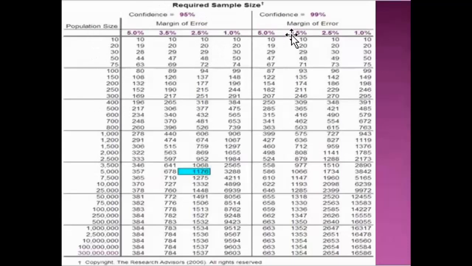Yung columns na yan, how confident are you na yung inyong data ay reliable? So, ang minimum na acceptable ay 95% confidence level and 99% confidence level.